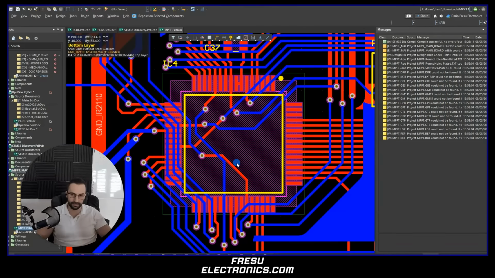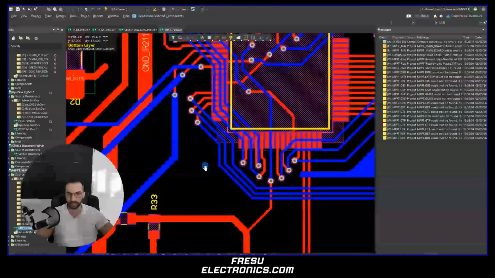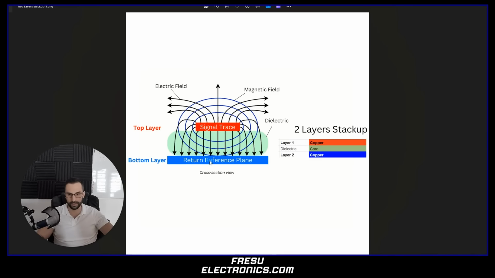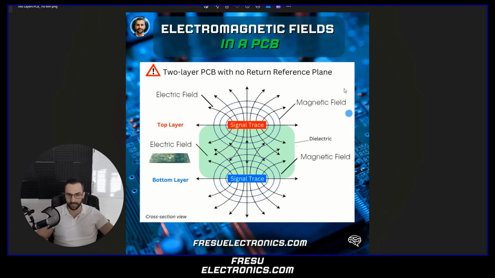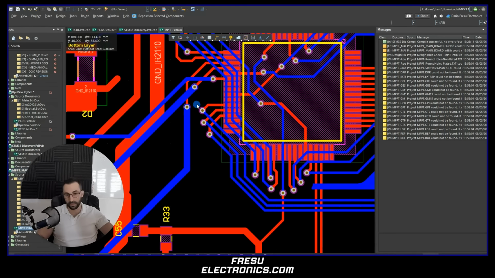So you can see that from this stack up, we basically have no chance whatsoever of passing EMC tests, because the fields in here will be so spread around trying to find this return reference plane that they will couple to wherever they find the place. So this scenario here is really what we want to avoid,